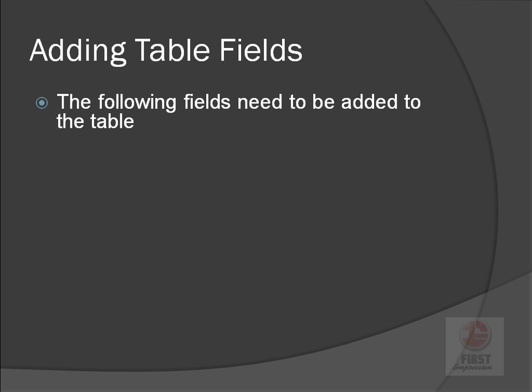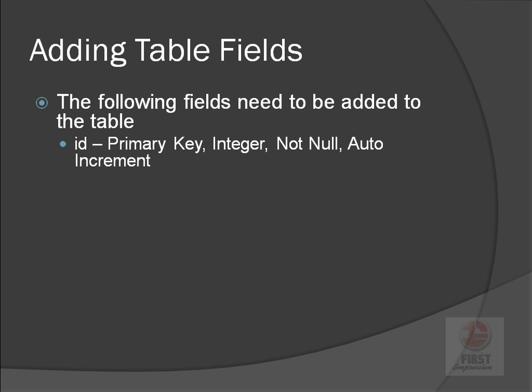So we'll have the following fields. We'll have ID, which is the primary key. What is the primary key? A primary key is a unique field inside the table that is different for each record. In our case, it is the ID. It is a primary key of type integer, that is, ID can take integer values. It is not null, that is, the ID for each record will never be null. And it is auto increment, that is, the ID will auto increment for each of the records.